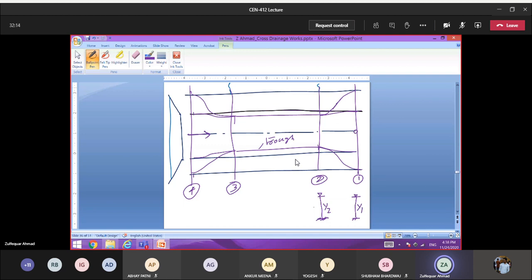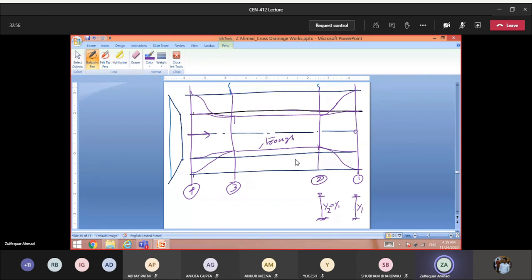So there are various options here. One option is we keep the depth of the flow the same in the transition, right? Same depth of the flow we keep in the transition, then we can get the bed level. Or you can take the same bed level and compute what is the depth of the flow. This can also be computed, let us say the specific energy at 1 and 2 we are keeping the same. In that way also you can, right?